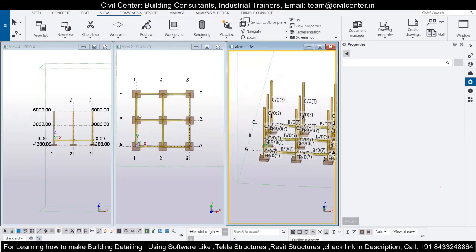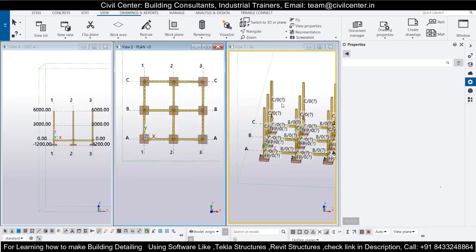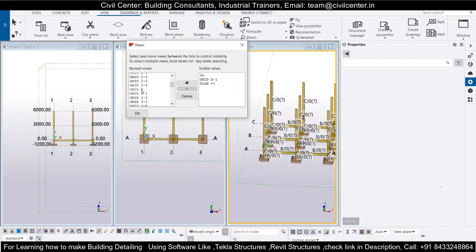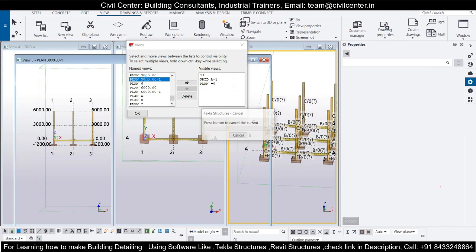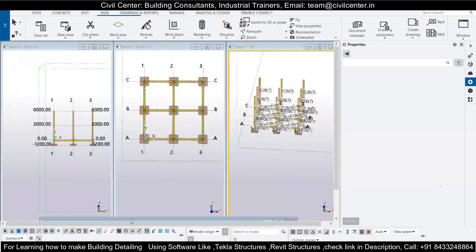Okay, and for that I need another view over here in this level. So I will go ahead and create a new view, and what should be the new view? That should be at the level of 3000. Okay, so I will simply click on this one. By the time it's starting, if anyone is having any questions so far, you can ask me that. Okay, now we are supposed to get